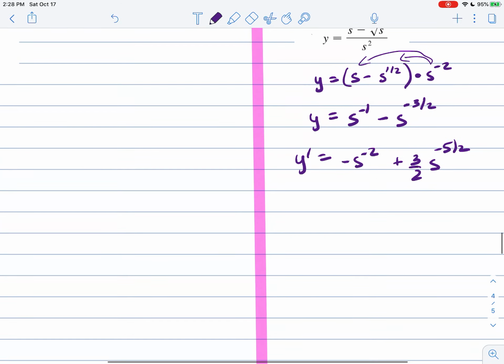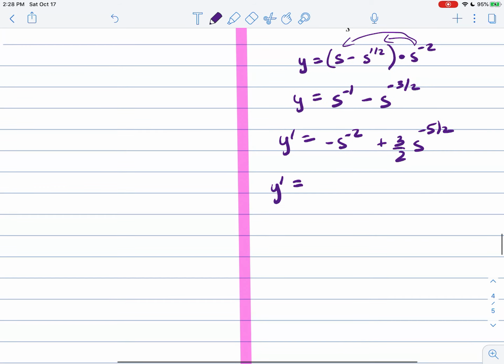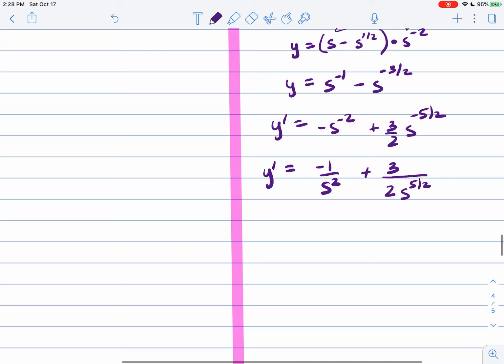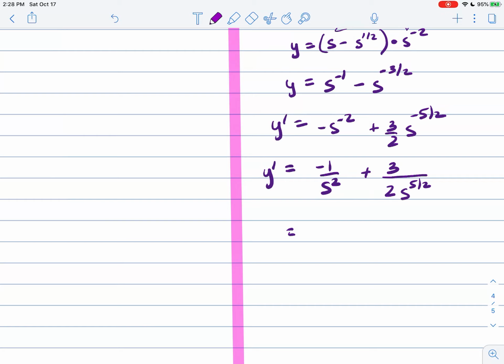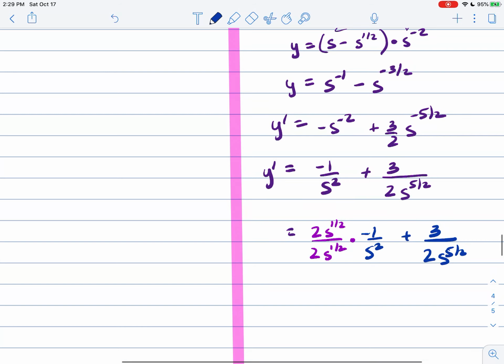And you can leave it like that, or you can take it back to a quotient, and you would get minus 1 over s squared plus 3 over 2 times s to the 5/2, and that's 2.5, right? So I would want to multiply on the top and bottom of the first term. If I wanted to put it back into a fraction, I'd want to multiply by 2 times s to the 1/2 over 2 times s to the 1/2, and multiplying by 1 over s squared, and then I'd have the plus 3 over 2 s to the 5/2,